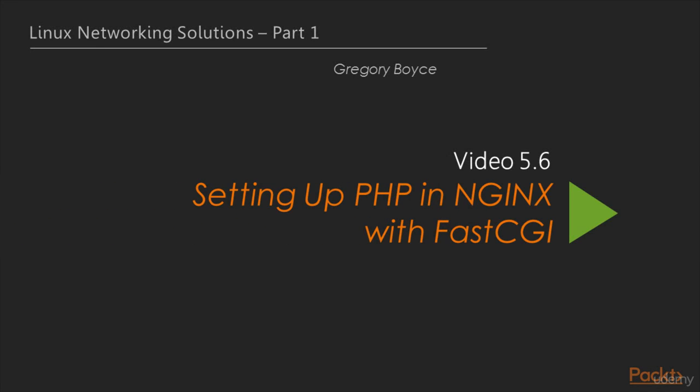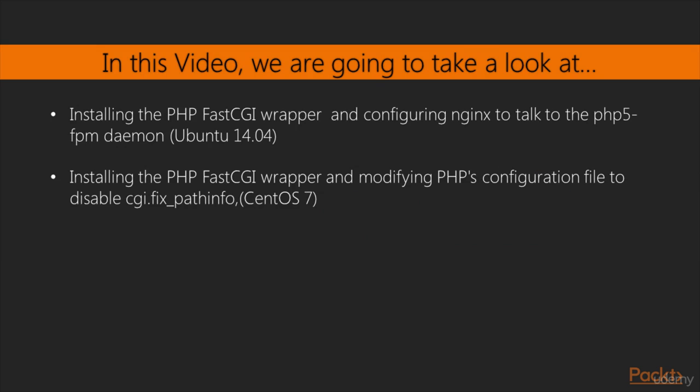Welcome to the last video, setting up PHP in NGINX with FastCGI. In the previous video we dealt with configuring NGINX with TLS. In this video we will install the PHP FastCGI wrapper and configure NGINX to talk to the PHP 5 FPM